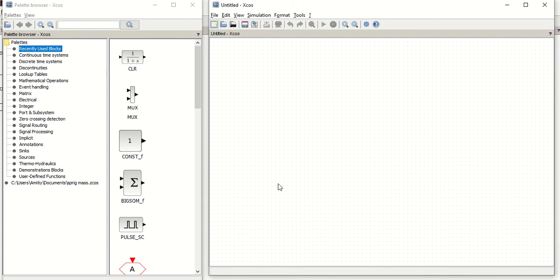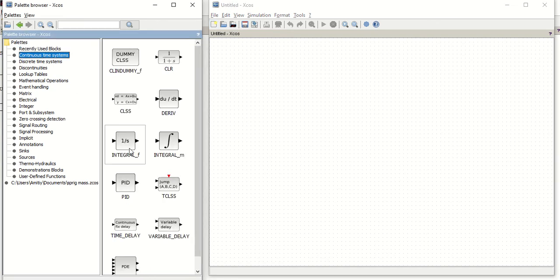In this case, we are going to arrange all these blocks just by dragging them. So now one by one we are starting. Our first component was x double dot. So for that I am going to take one integral block.